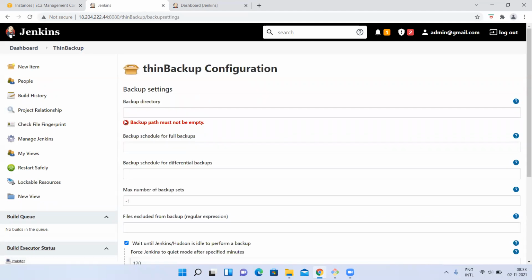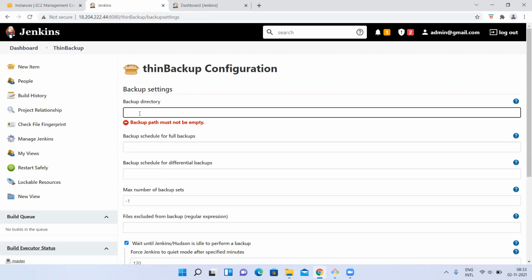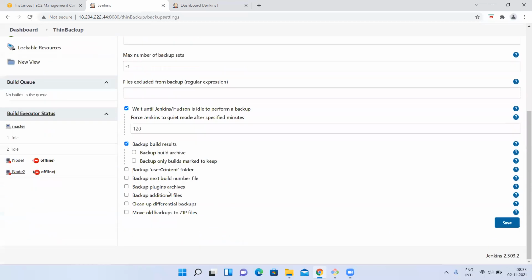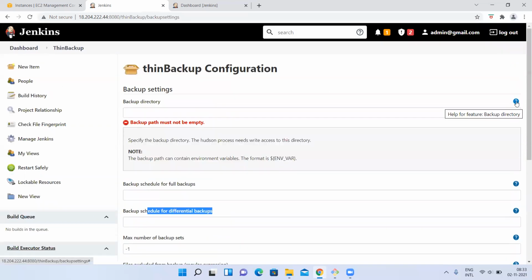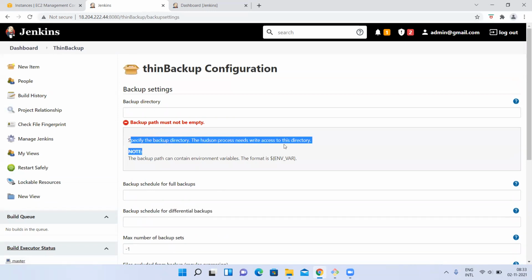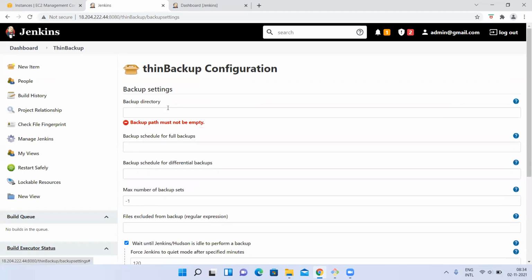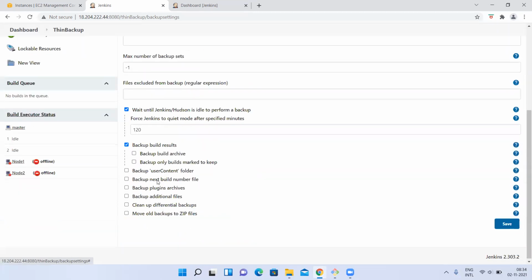Okay, Settings. For the same backup, what you can do is choose what you want to take backup of, right? Such settings are the same as whatever we have seen: backup schedule for full backups, differential backups, something like that, right? Here is one option I want to show. Similar to that only, you can read it one by one. Specify the backup directory. The Hudson process needs to write to this directory, meaning this is the destination from /var/lib/Jenkins to this. If you want to create an environment variable and set it also here, this is the destination location. One important thing I want to show here.